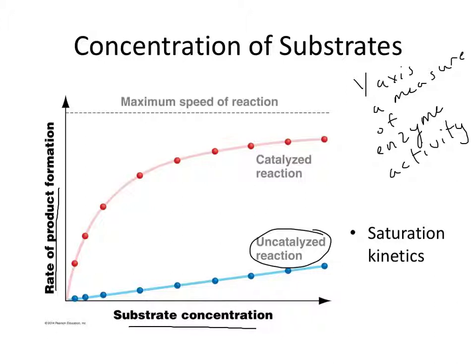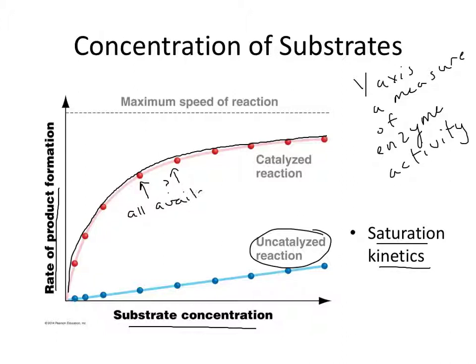In a catalyzed reaction where you have enzymes involved, it's typical to see this profile as shown in red. Where the rate of the reaction increases as you add substrates until you get to a particular level, at which point it plateaus off. This is a profile known as saturation kinetics. And the reason for this is that somewhere about here, or maybe here, somewhere in here, what's happening is all available active sites